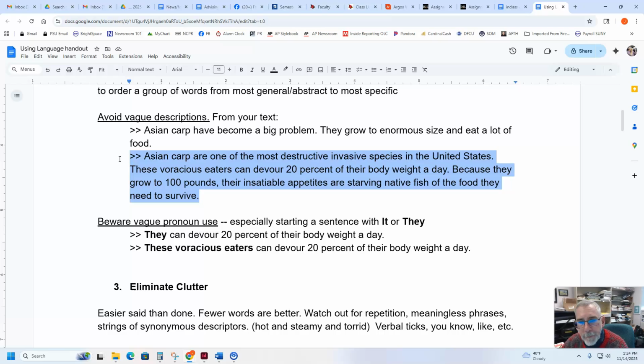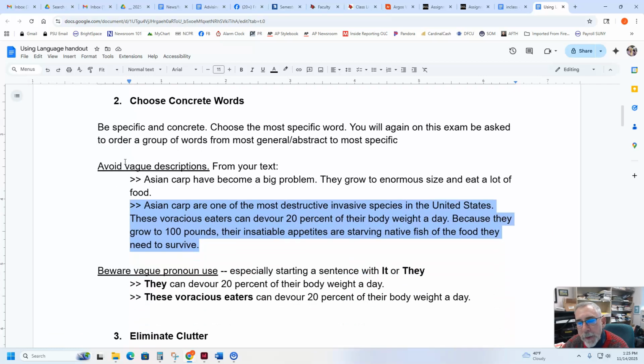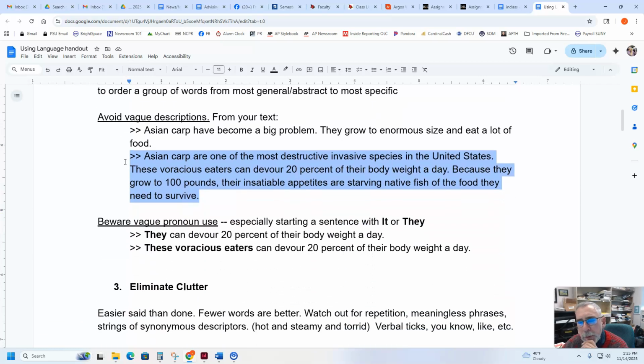So our writing, when we get a lot more depth, a lot more facts, a lot more specifics, can become a lot more vivid. Now you may say to yourself, but aren't some of these words, as I said, maybe not really familiar? Voracious, maybe not familiar. Insatiable, maybe not familiar. There is a tension, obviously, between familiar words and vivid words. It's okay to use vivid words, but we want to make sure we're not using